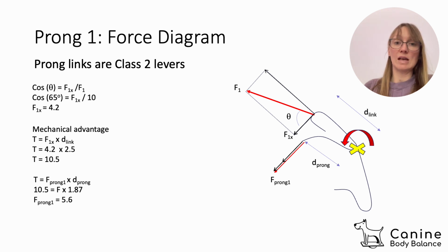I've gone ahead and said this distance is 3/4 of the length of the link. So if the link was 2.5, this distance between the fulcrum and the prong is 1.87. And that gives us an answer of how much force is going through that first prong into the dog's neck, 5.6. So the force going into the dog's neck is 5.6 units of force, and that is 1 1/3 times the amount of force